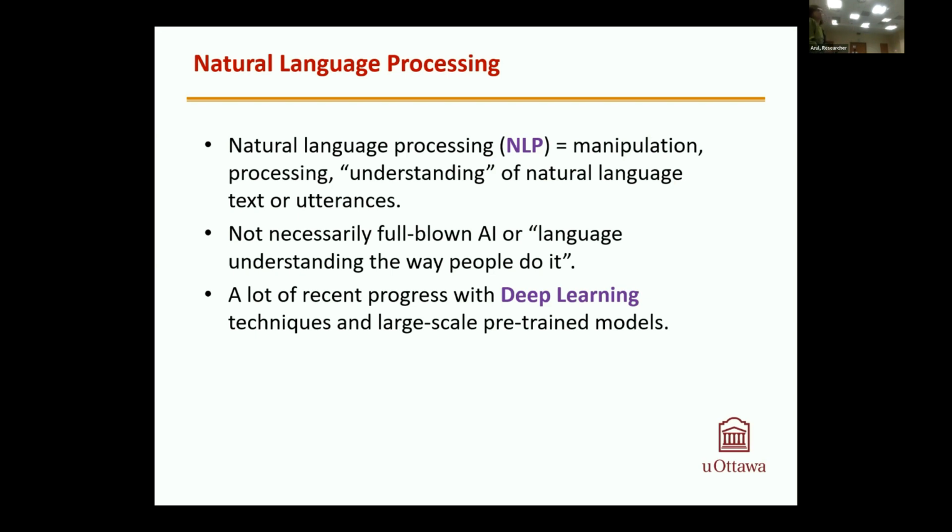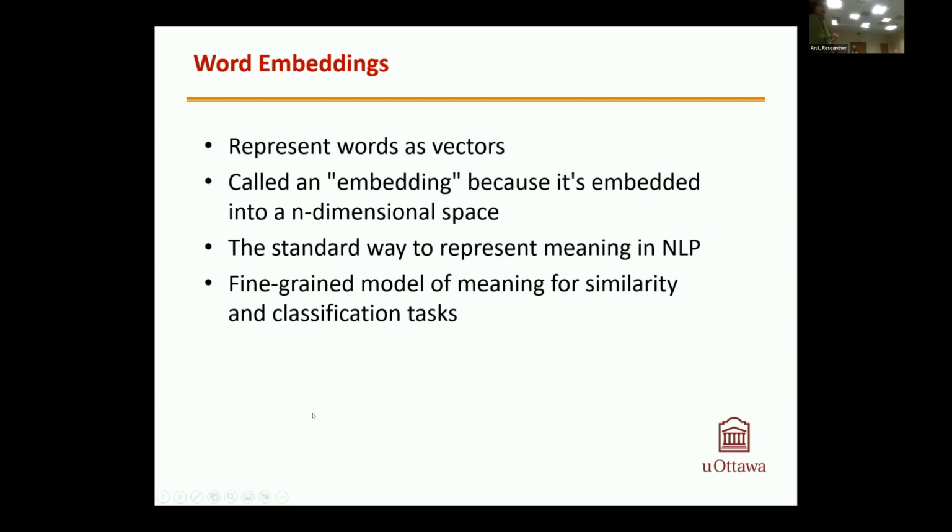Next slide, please. Our paper is about word embeddings. What do we mean by word embedding? How to represent the meaning of words. It's a kind of distributed semantics, meaning it's a bit shallow, but the deep learning representations go a little bit deeper into semantics. What do we want? A good word embedding, a good vector representation of words, is one that groups similar words in the same space automatically, like all the colors, all the vegetables, all the animals. Ideally, even in multiple languages, so you can build multilingual models.